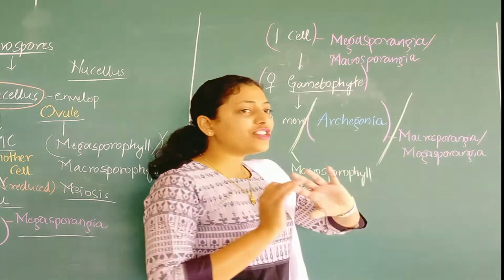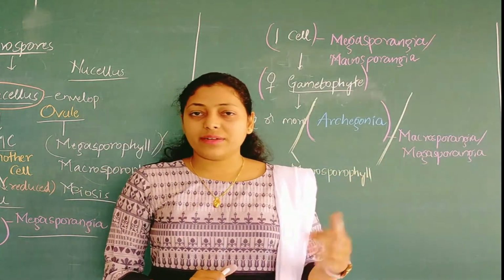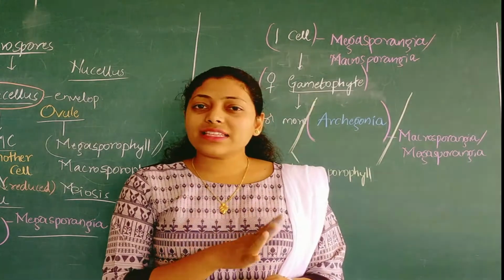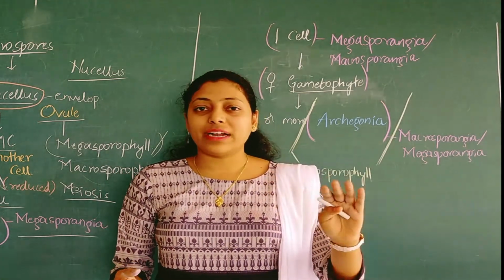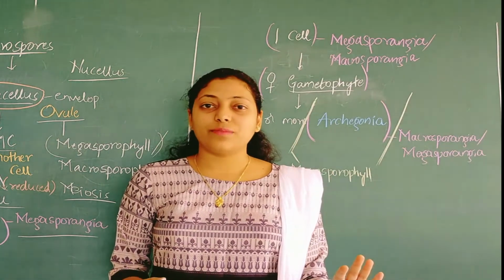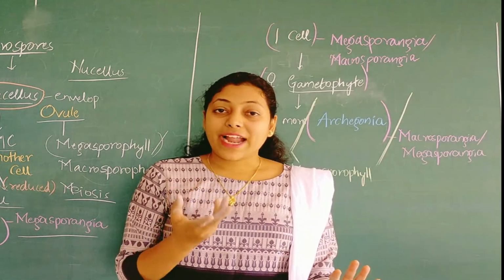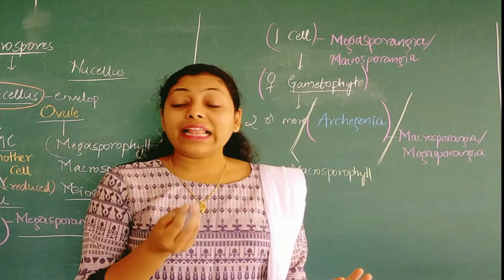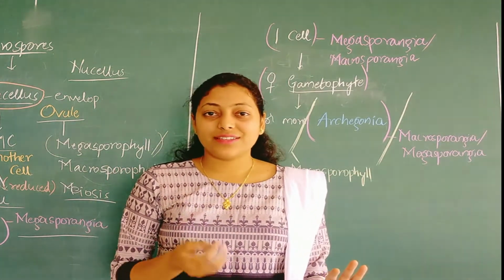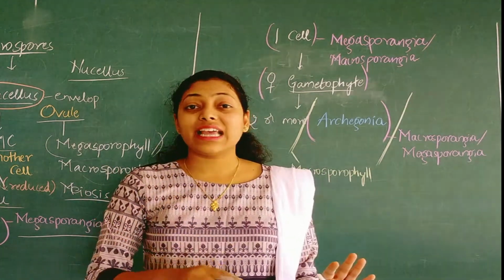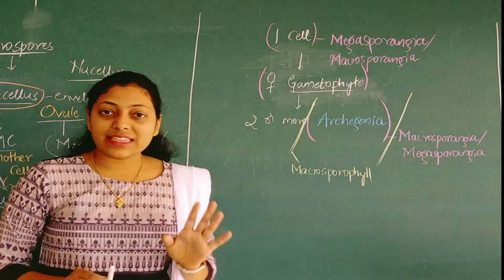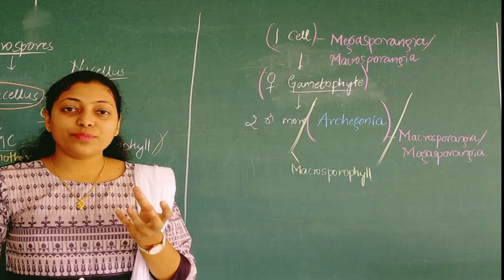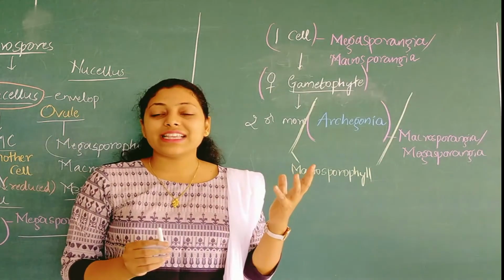Why does a selection process happen here? Because there are unhealthy cells and healthy cells. If the unhealthy cells are continued, that is a waste for the plant body. That's why the plant body selects healthy cells, so that the further progeny are healthy plants. That's why 2 or more cells are selected, and that selection process wherein good healthy cells are selected is